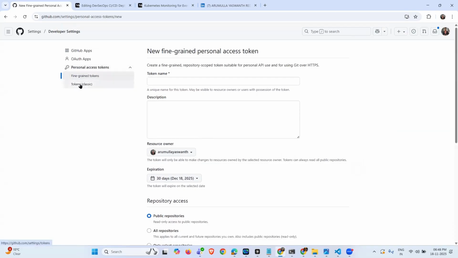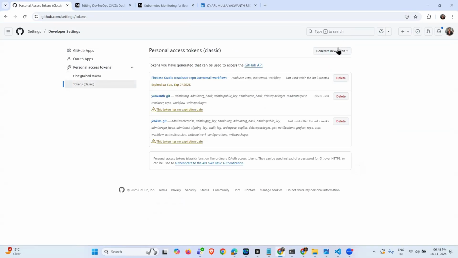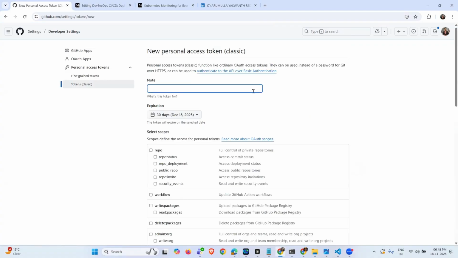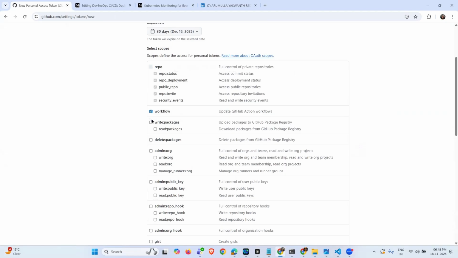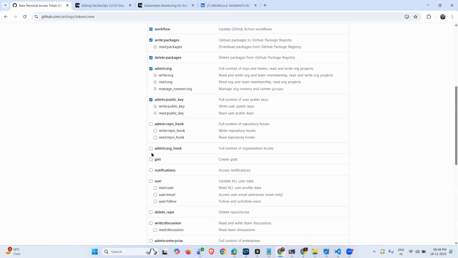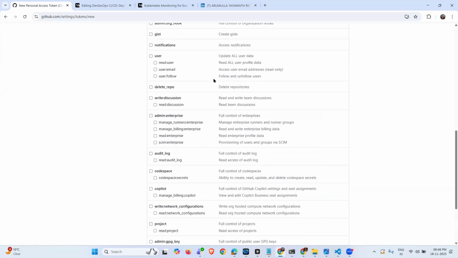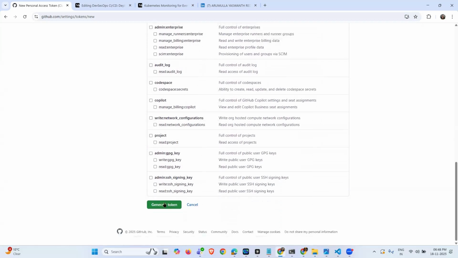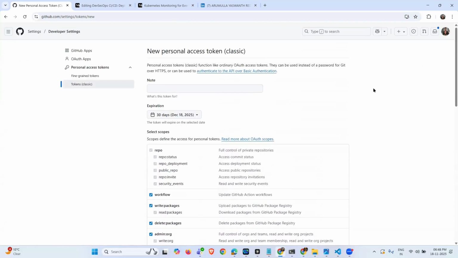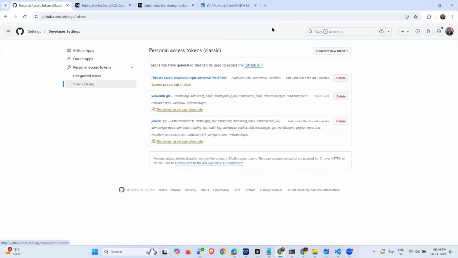Otherwise, create a new token (classic). You have to choose this one. This is the easy method. Token name, and select this top six. Yeah, and leave everything as default and generate the token. Once the token is generated, you will get it like this, and copy the token